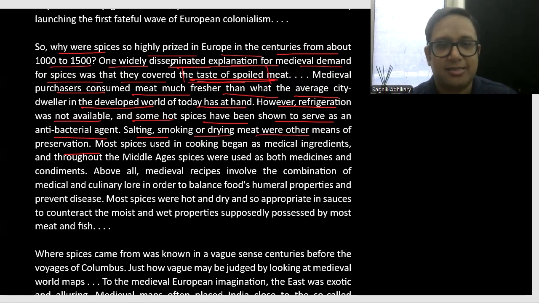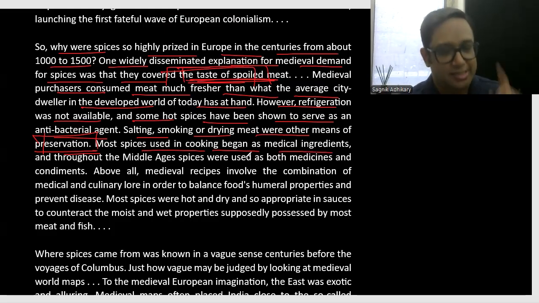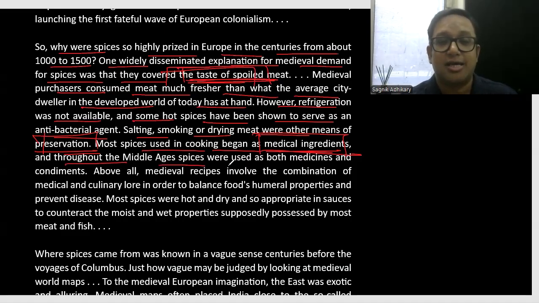So we see one aspect, covering the taste of spoiled meat. Second aspect, preservation of meat. Most spices used in cooking began as medical ingredients. We see the third argument, or the third reason, which is the medical application of spices. Most spices used in cooking began as medical ingredients, and throughout the Middle Ages, spices were used as both medicines and condiments. Above all, medieval recipes involved the combination of medical and culinary lore in order to balance food's humoral